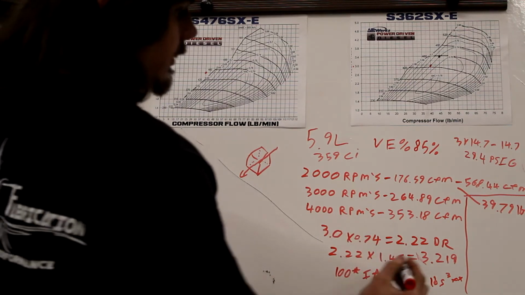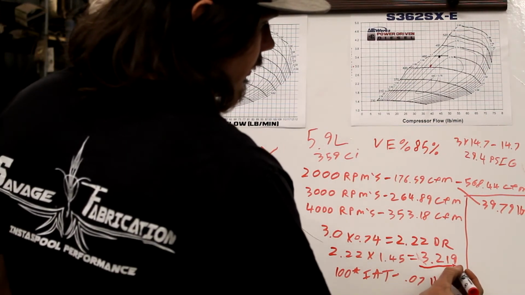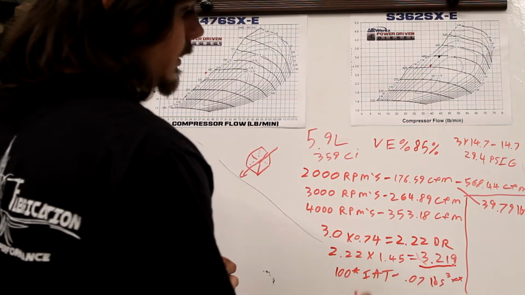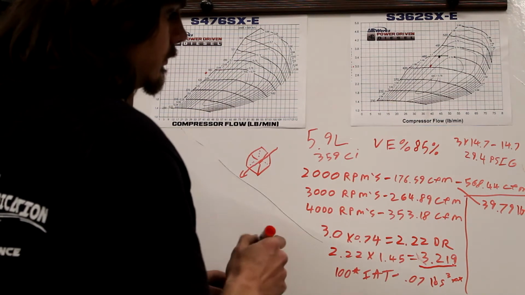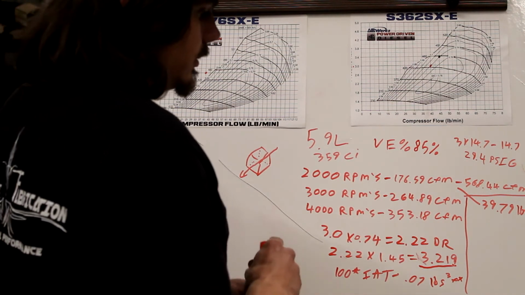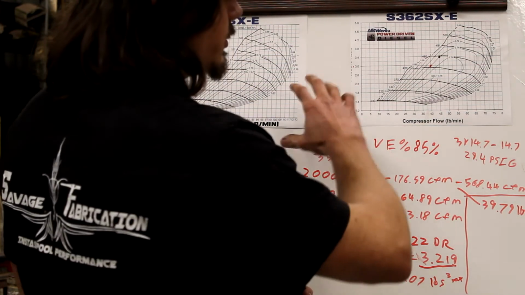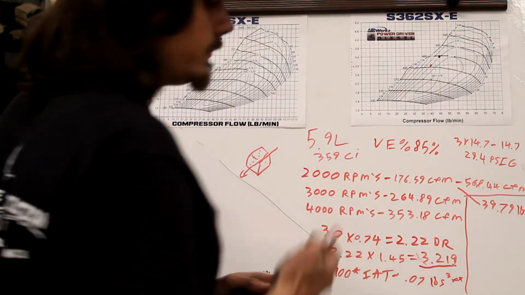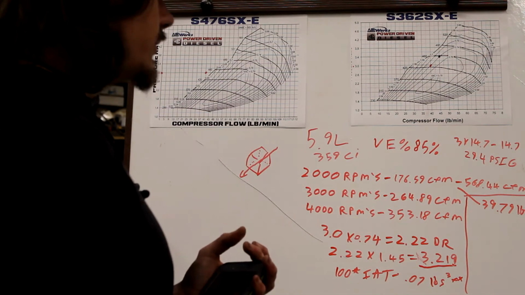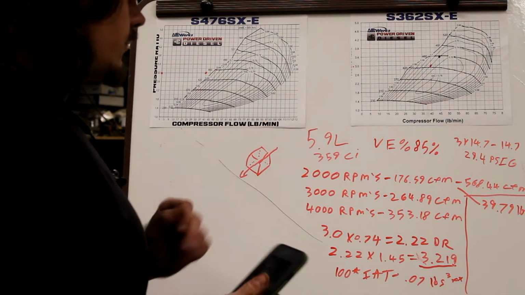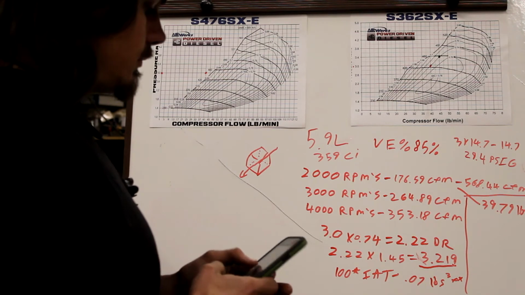So we've already figured out our density ratio. This is going to be static, it's not changing. And let's go do 4,000 RPMs. So the pressure is staying the same, but the engine's revving up. Going down the track, we're going down the drag strip. We've gone from 2,000 to 4,000 RPMs. We're going to take the same